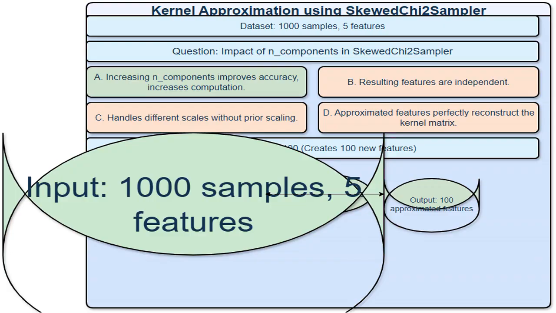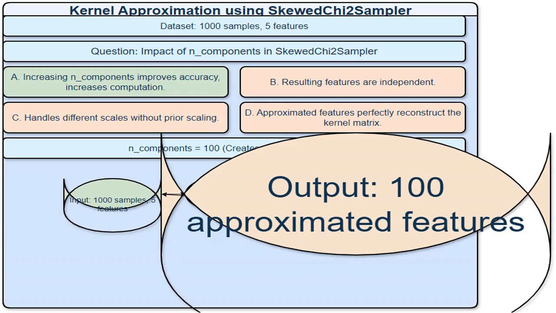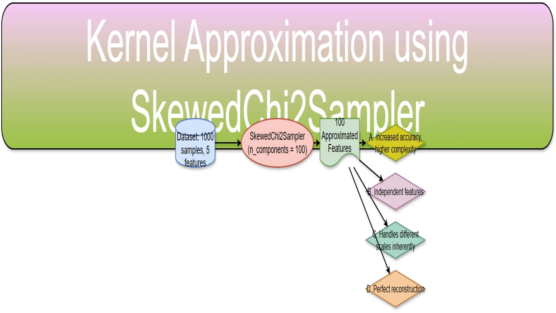This is the data I feed into my SkewedChi2Sampler. I am using the same dataset mentioned previously. The result of my kernel approximation is 100 new features which are, well, approximations of the original relationships in the data. These approximations give me the same information with less computational power. It's a smart way to simplify calculations without losing too much information. Pretty neat, right? I'm using scikit-learn's